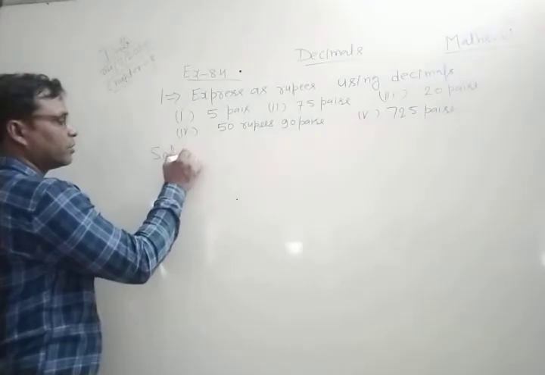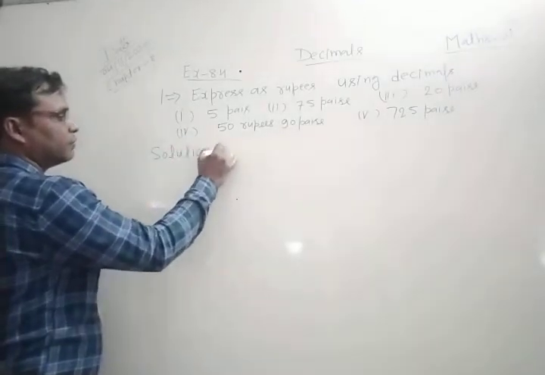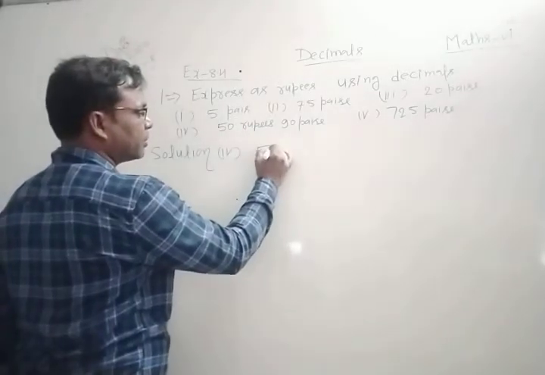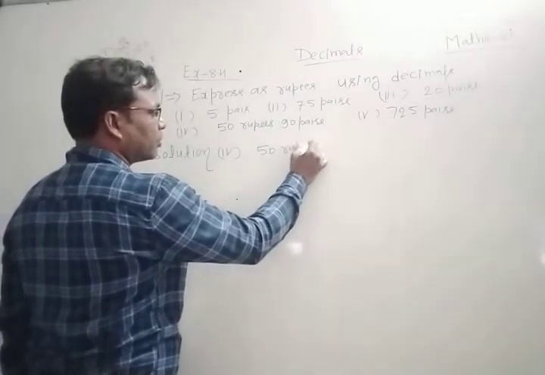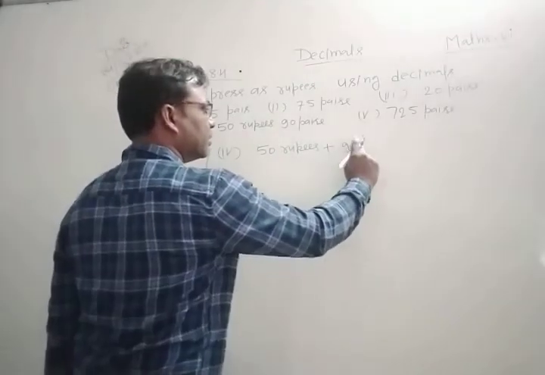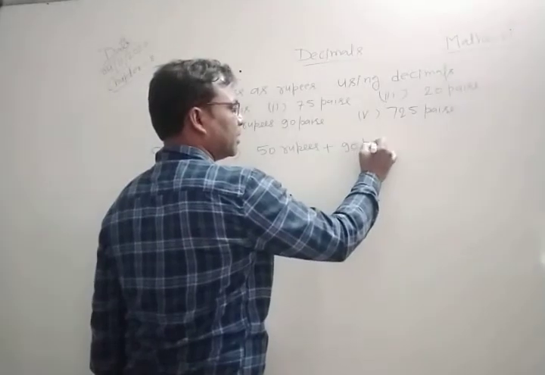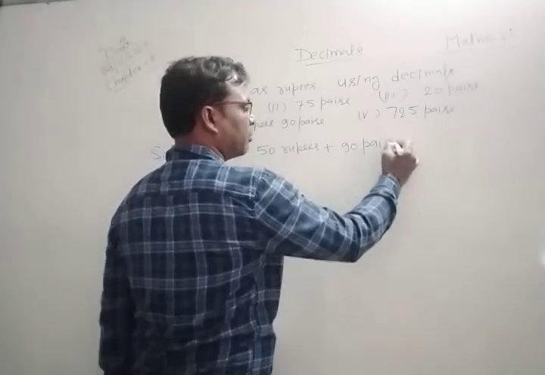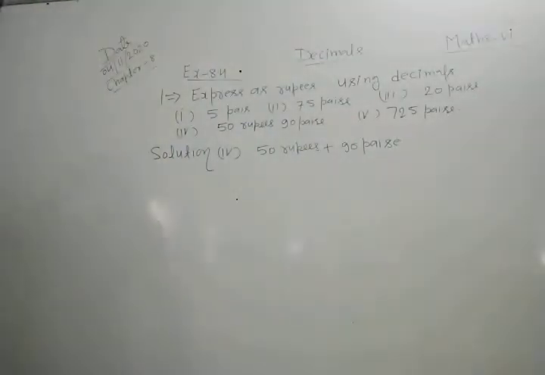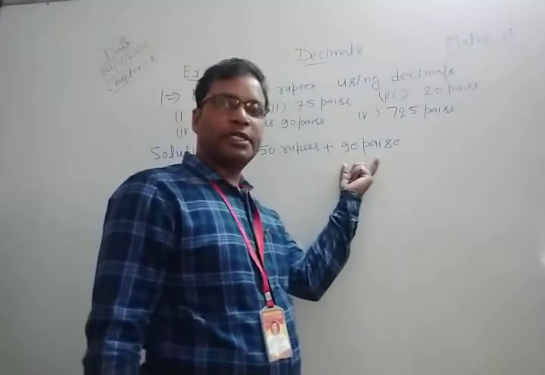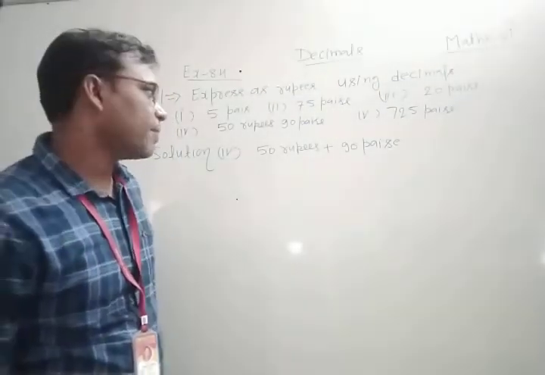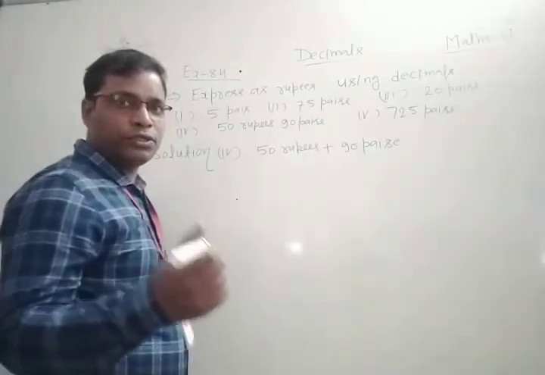Solution of the fourth part. This is equal to, you can write it, 50 rupees plus 90 paise. Okay, 50 rupees plus 90 paise. This is clear. Now in this question we need to convert only the 90 paise and then add it. So 50 rupees 90 paise is equal to what? Okay, so as you know that